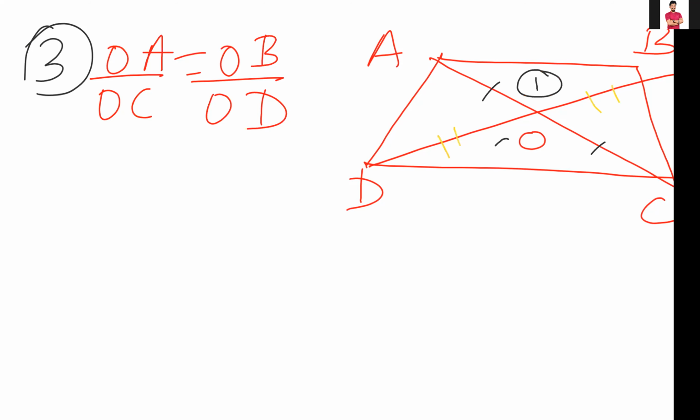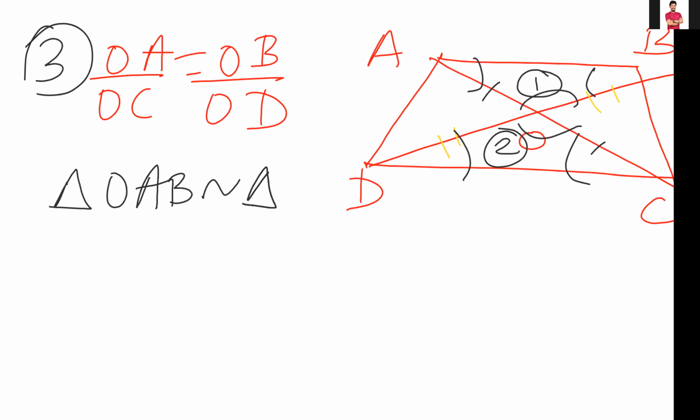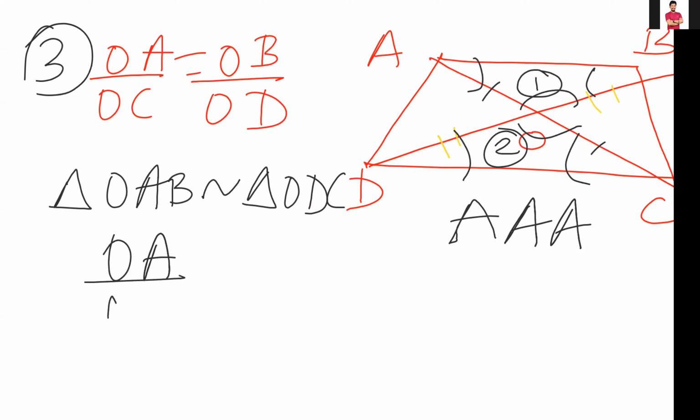If I am considering triangle 1 and triangle 2, I am writing a little less, understand, I am telling you the technical part. Triangle 1 and triangle 2 are similar. See, this one is equal to its alternate angle, this is an alternate angle, and this is a pair of vertically opposite angles. So triangle OAB is similar to triangle ODC. Now, the ratio by which property? Sides are proportional. OA by OC is equal to OB by OD.